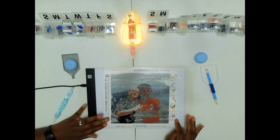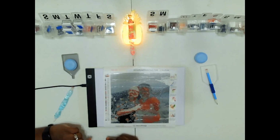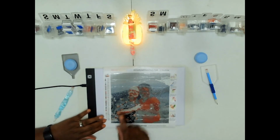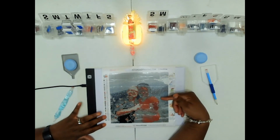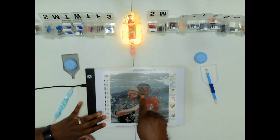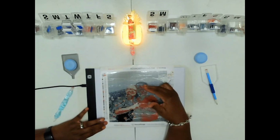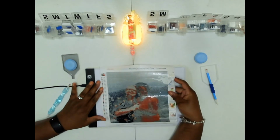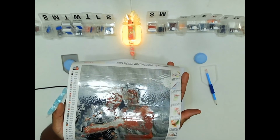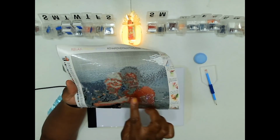Now, you know that this painting is from diamondpainting.com, and as you can see, for a, what did I say this was, a 20 by 20 or 15 by 15? I can't remember. You can go back to the first video and it'll tell you what size this is. But it's pretty stinking cute. I mean, you can see the shadow in Marty's face. Me, it's a different story, but that's the story of an interracial couple. It's always harder to get the darker skinned person than it is the fairer skin when they're in the picture together. But we have traveled with this to Texas, and you can see we've developed quite a bit of